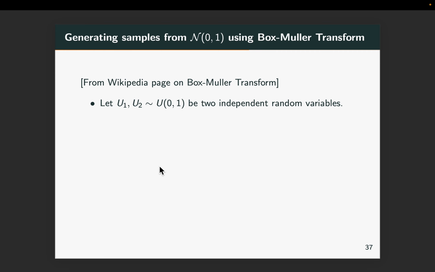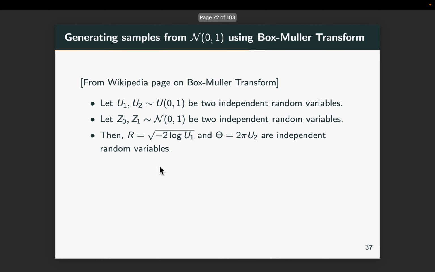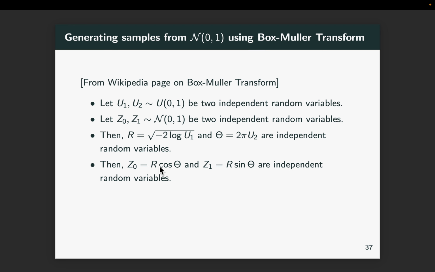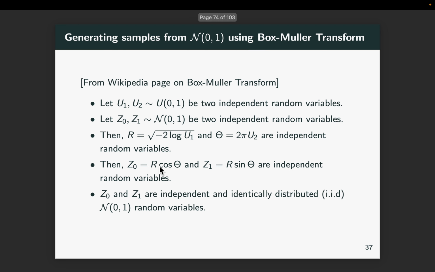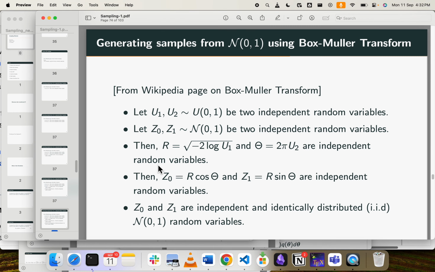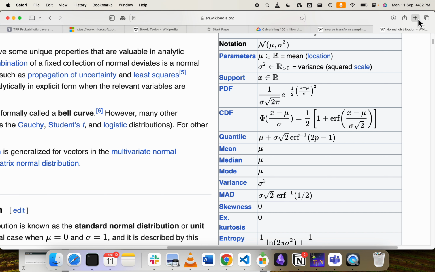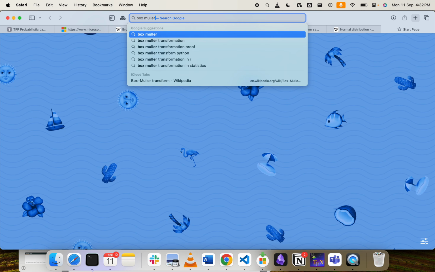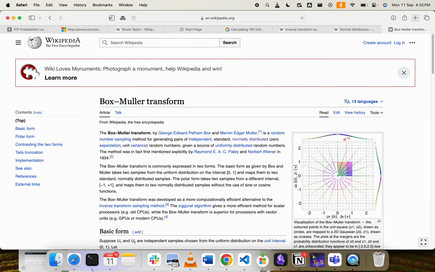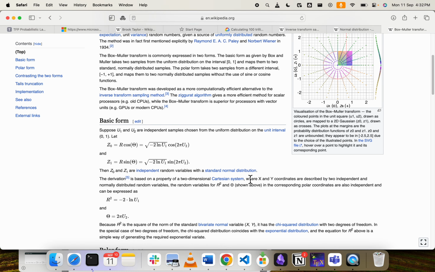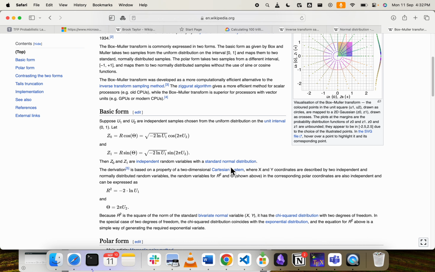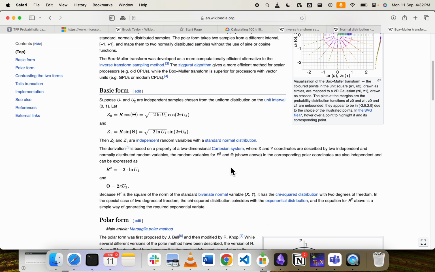We start with generating 2 uniform random variables, and we want to generate 2 independent random variables Z0 and Z1. So there are these few formulas that are given. Right? For now, let's directly use these specific formulas, or we can just go to the Wikipedia page of the Box-Muller transformation. Right? It gives a bit of visualization, it gives the basic form,